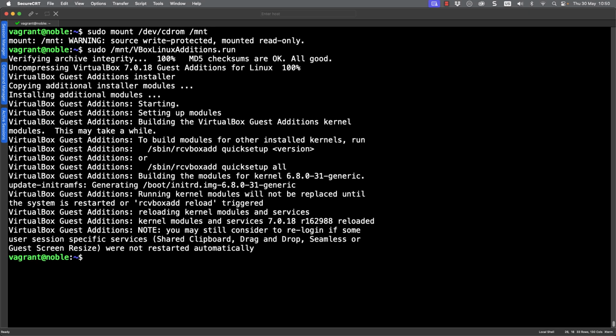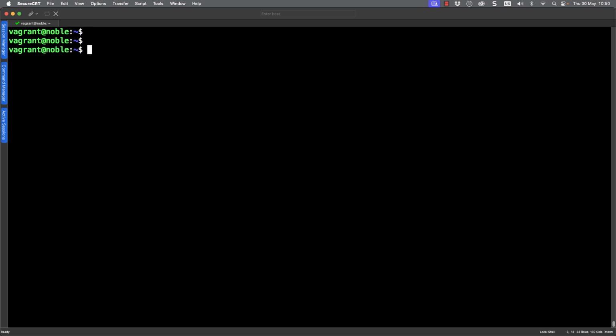Then hopefully after a few minutes you're presented with this screen showing that everything has gone well. It tells me I might have to log out and log in again, but remember mine is an SSH session, so it's not really going to have much effect on my session, so I'm happy to continue. So clearing my screen, we can look at configuring the rest of our customizations, and there might be a few configuration files that we need to change.